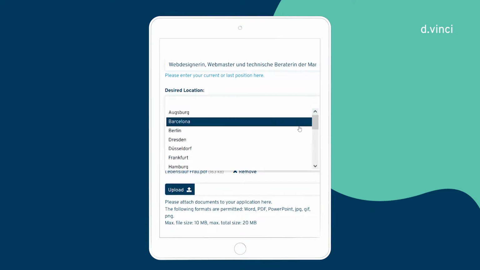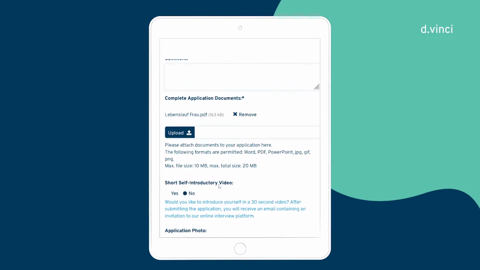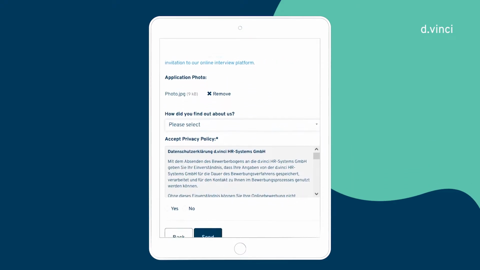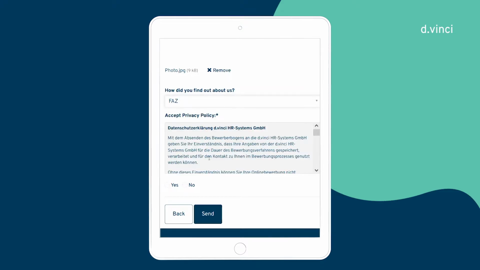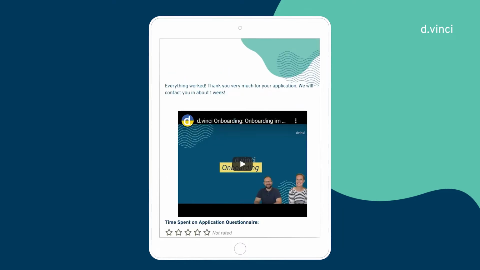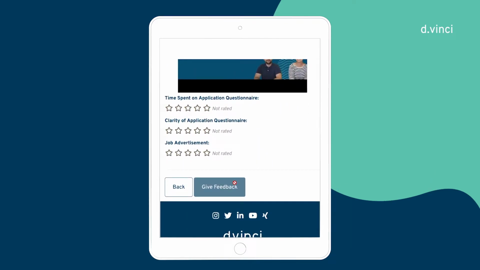And yes, if you have a drop-down menu here, or people should rate something with stars or yes, no, click, whatever they have. Maybe they want to upload some more certificates or motivational letters. Whatever you want to ask, you can ask it here. And then it's done. Your applicant, of course, has some sort of thank you site, however you want to call it, later on, and then it's done. And the applicant has got automatically a confirmation email.